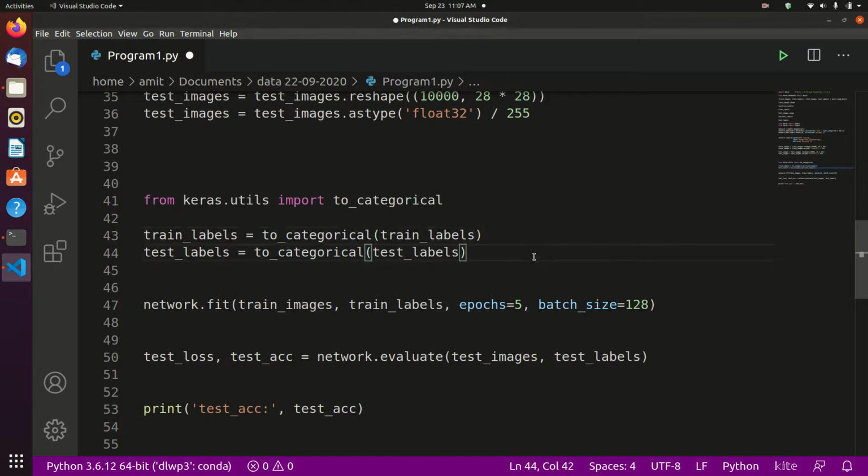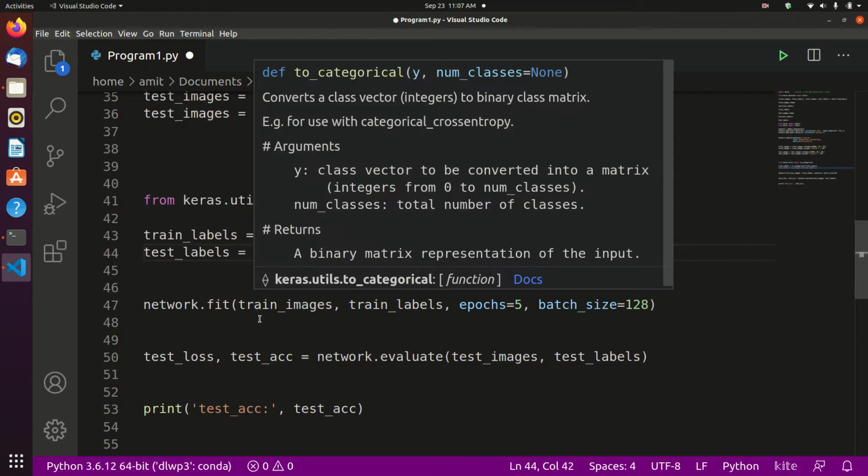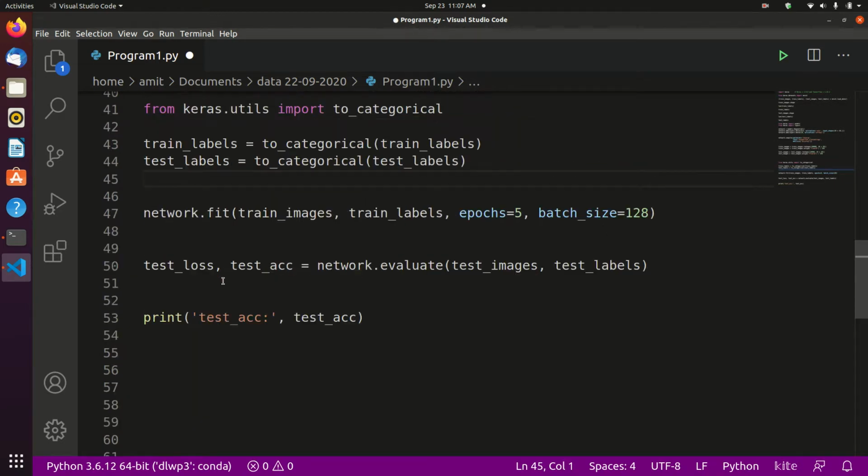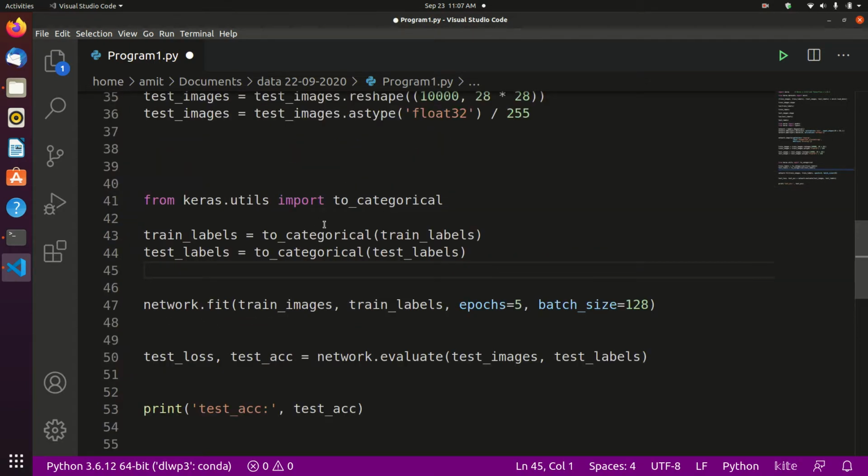So it is done, and it is basically assigning categories, because the labels vary from 0, 1, 2, 3, 4, 5, 6, 8, 9. So some category has to be assigned for each. Now we are ready to train our model, and we will discuss this categorical thing more in coming classes.